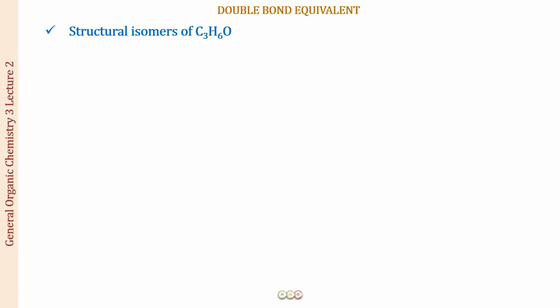So next let us draw the structural isomers for C3H6O, and this is one structure that we did not discuss in the previous lecture. So you can pause and draw the possible structures while calculating the DBE value now, and then let us see, can you match with the structures that I'm going to draw? Well, if you've done it, let us see how we are going to do it.